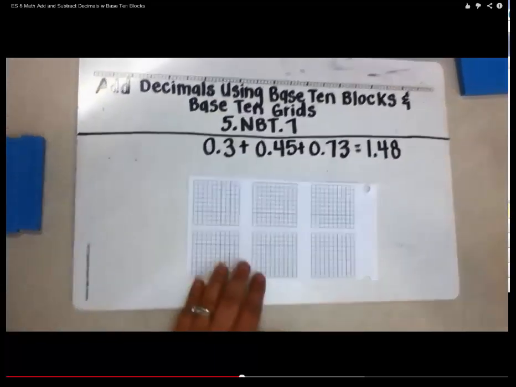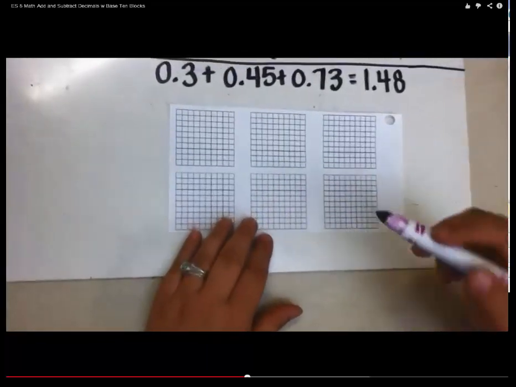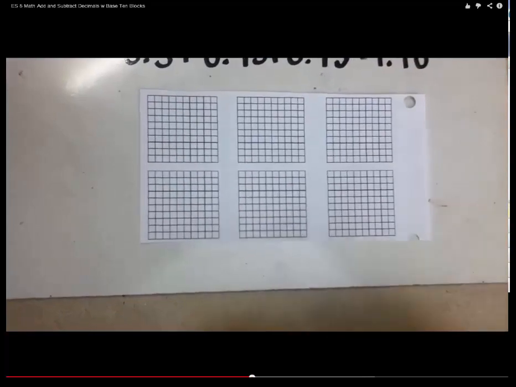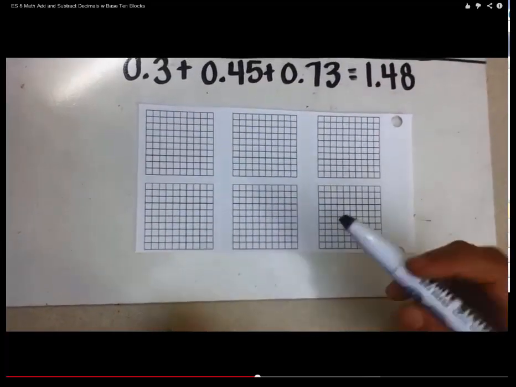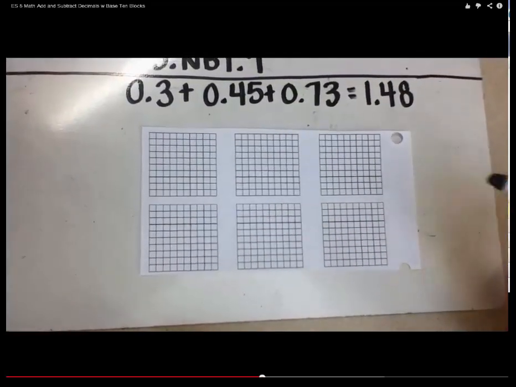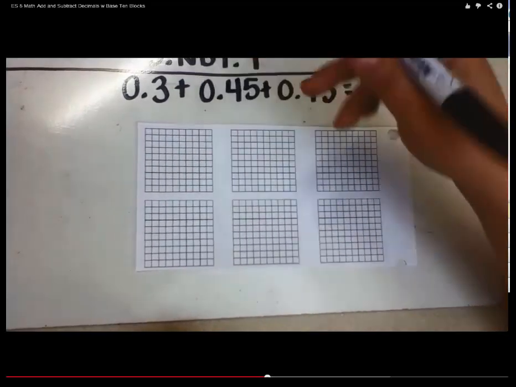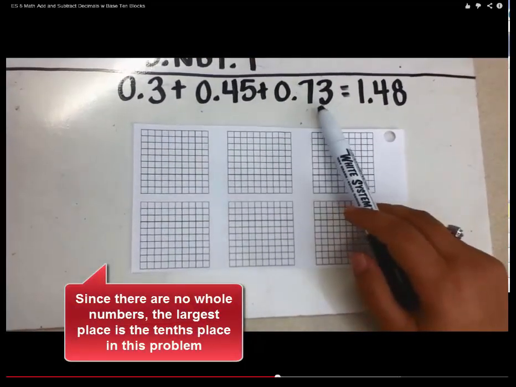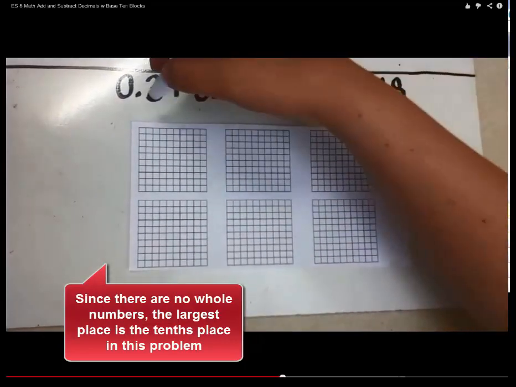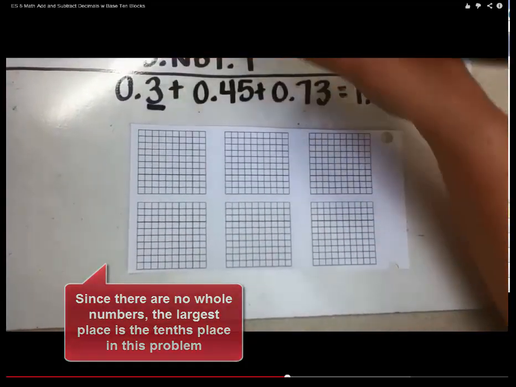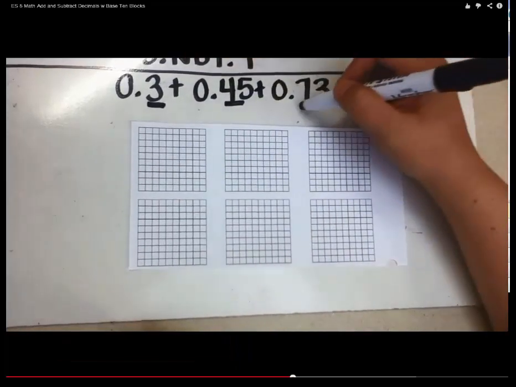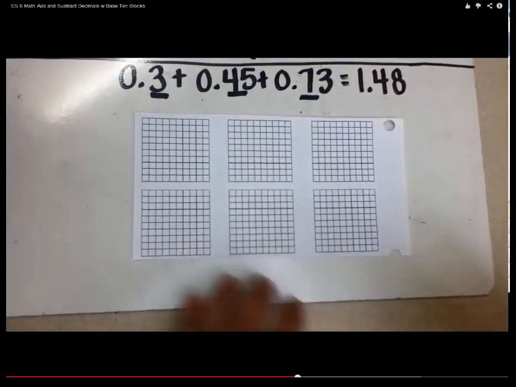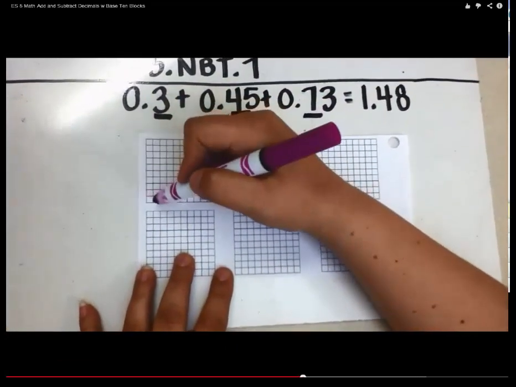When you're using the base 10 grids with students, one thing to remember is to encourage the students to shade in the numbers based on place value. And so I would begin with the tenths, well, you would begin with the largest place value. And in this case, the largest place value in each of the numbers is the tenths place. So I'm going to go ahead and shade the 3 tenths from here, the 4 tenths, and the 7 tenths. So I have 3 tenths,